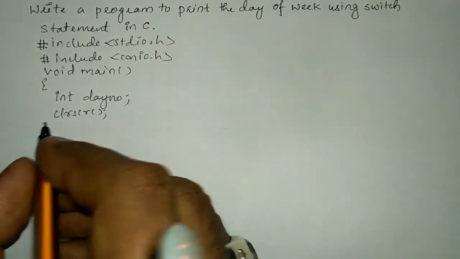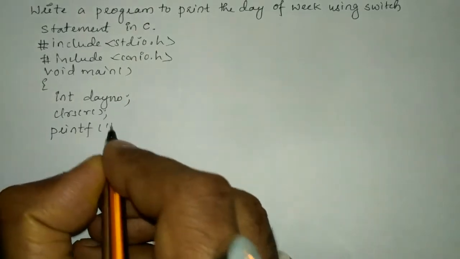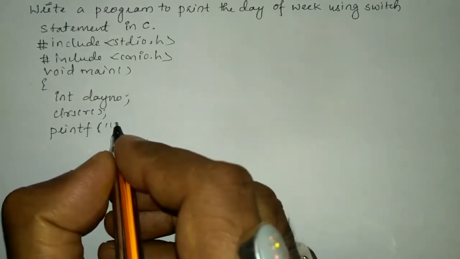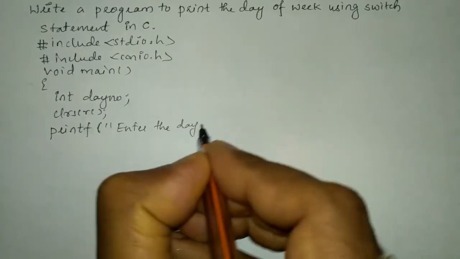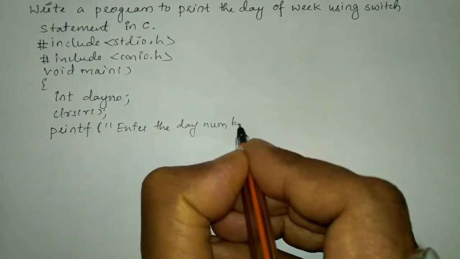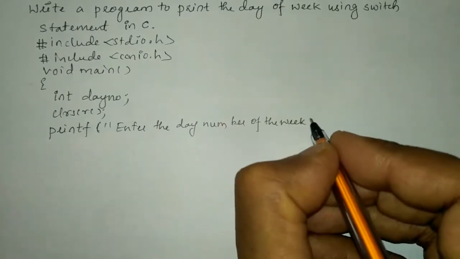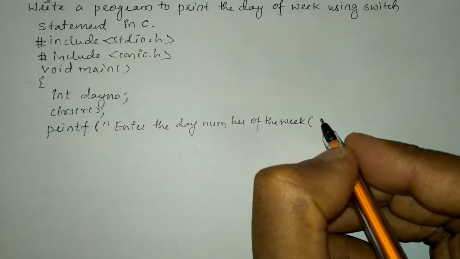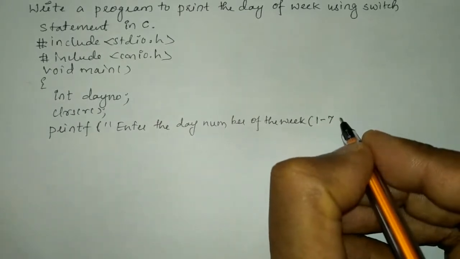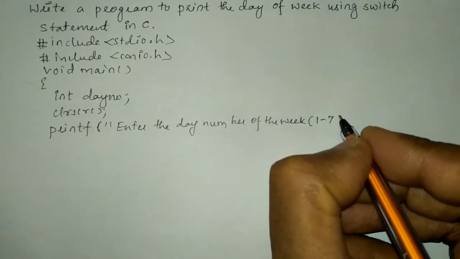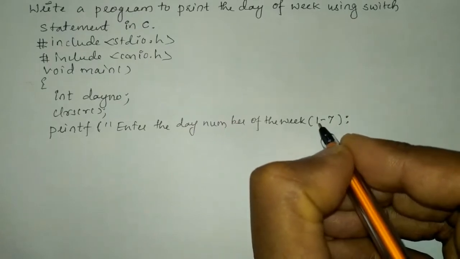to enter the day number of the week in a printf statement. Printf in a double quotation mark will write enter the day number of the week. So we can give the hint to the end user. In a bracket we will write 1 to 7 because we have got total 7 days in a week. So we are going to give this hint to the end user so that they can press the numbers between